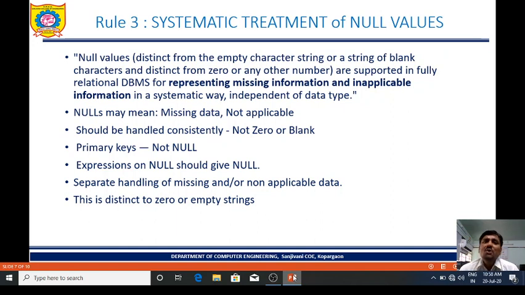Null value is not allowed in primary key. Expressions on null should give null. Separate handling of missing and or non-applicable data. This is distinct to 0 or empty strings. In this way, there should be systematic treatment of null values in RDBMS. This is rule number 3.